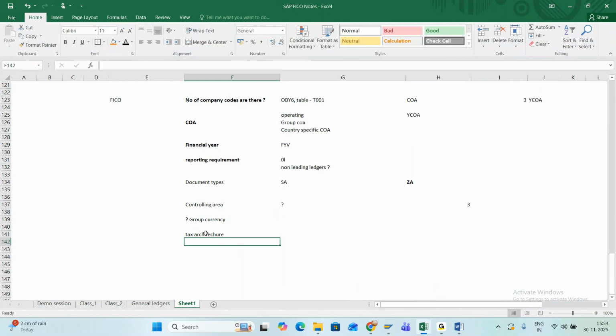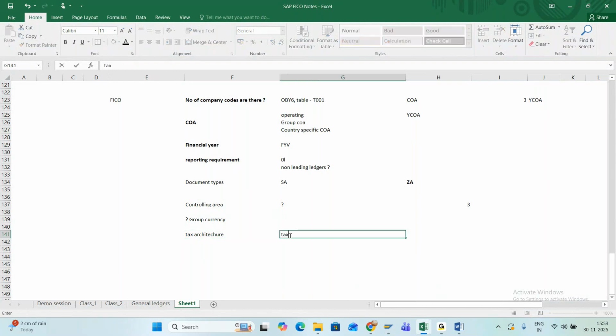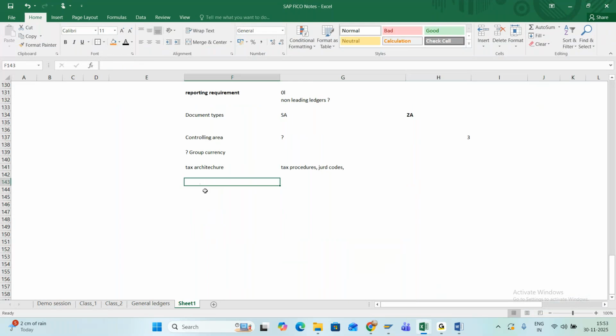You will be checking the tax architecture. So they check the active tax procedures. What are the active tax procedures there? And what are all the jurisdiction codes? Are the jurisdiction codes configured correctly, or else the condition types and access sequence, account keys, and what are the account determinations? So what are the particular accounts which will be used for the tax? What are the tax treatments? So like that you will be assigning. After that you have